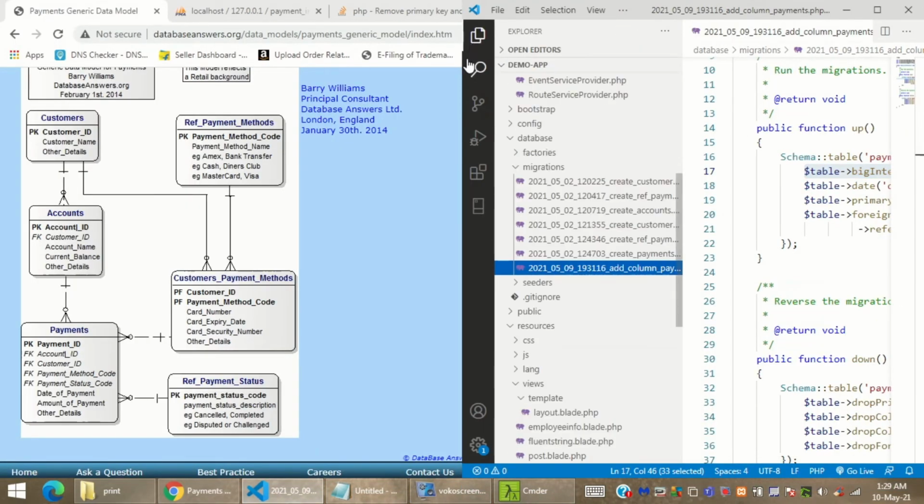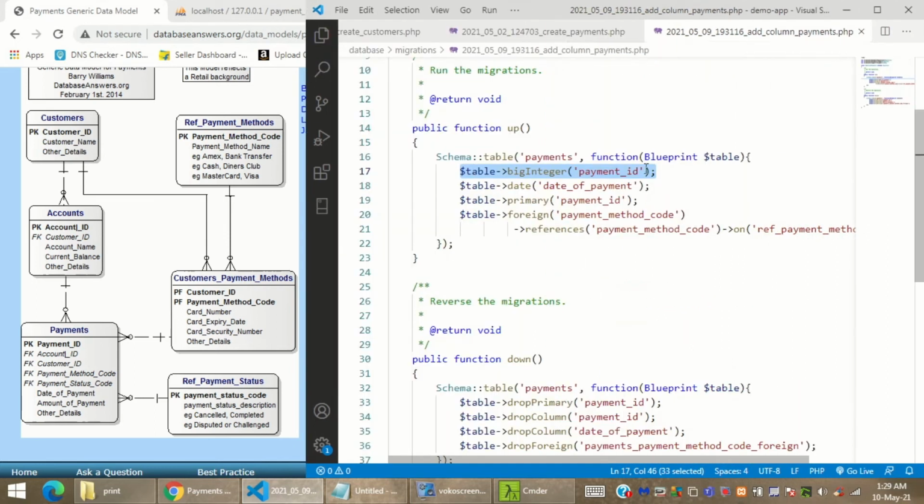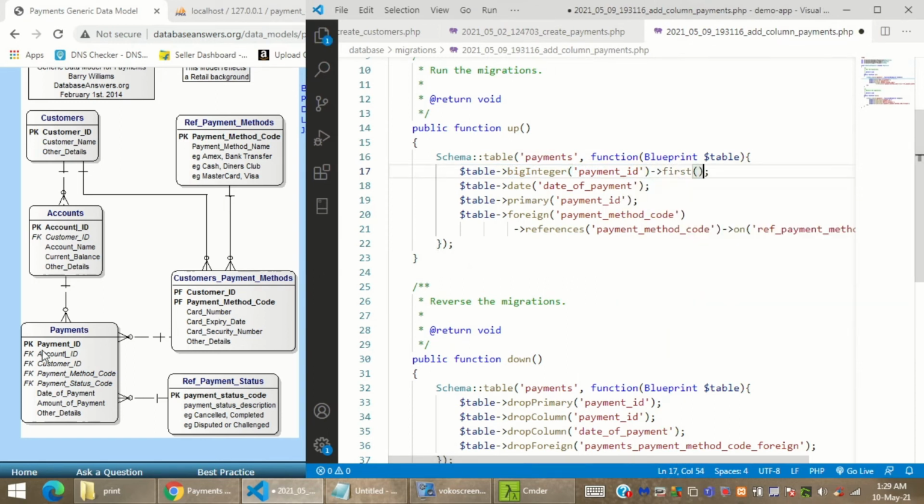So with this thing, let's try it out with one more thing, that is payment ID with first, that it should be located at the very start of the table. Date of payment, that should be located after, that is nothing but payment status code.